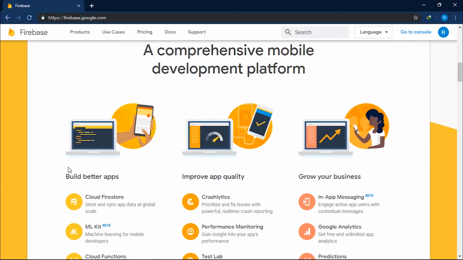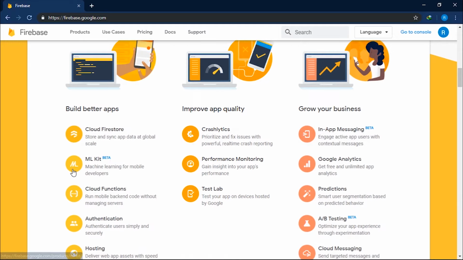So the main motto of the Firebase team is that it provides services for building better apps, improving app quality, and growing your business. So the first stage in mobile application development is building an application. Building an application is in two stages, right? First of all, the UI design is completed, and simultaneously or later on we have the backend development. So for that we create services, we create our backend infrastructure so that we can manage our users, collect data, process it, and provide experience to the user. Google Firebase provides you all these features through a number of services.